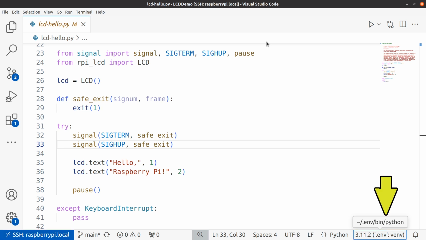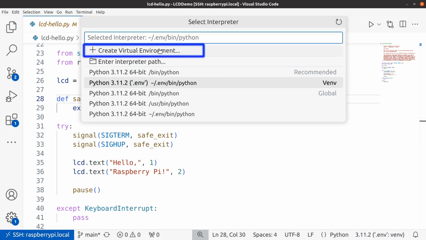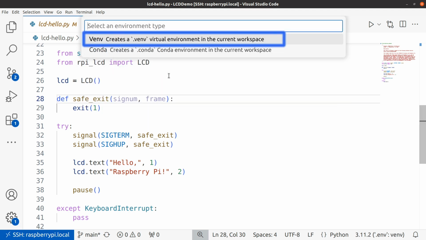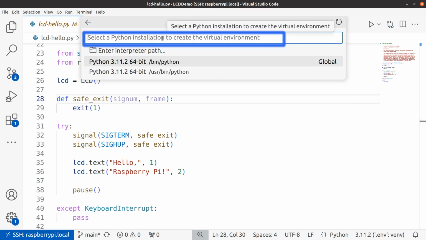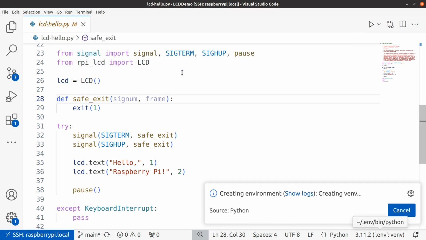VS Code should detect the Python interpreter as virtual and activate it automatically, but in some cases, you may need to restart VS Code for all that to work. You can create virtual environments directly in VS Code or other popular IDEs as an alternative to the terminal setup I just went through, but these tools are usually limited to a per-project environment, which I generally do not recommend.